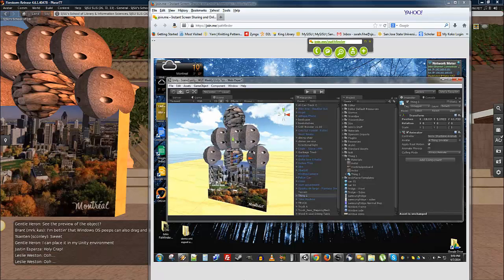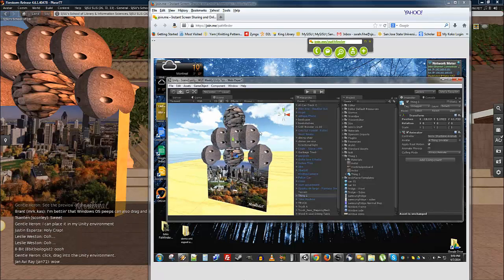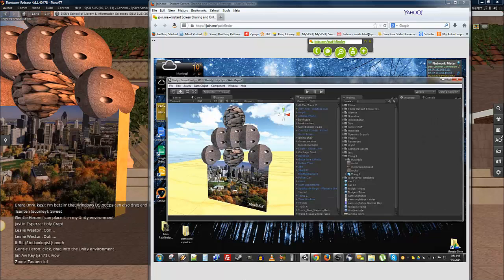I see the text chat, but I heard somebody go ooh. Which is, yeah, it's pretty amazing. I mean, that's as simple as it is. And see, all the textures are mapped,